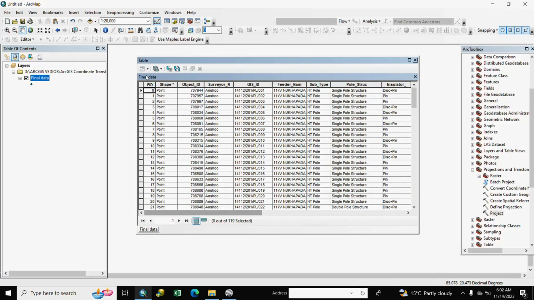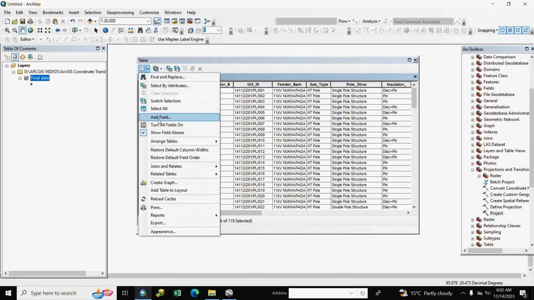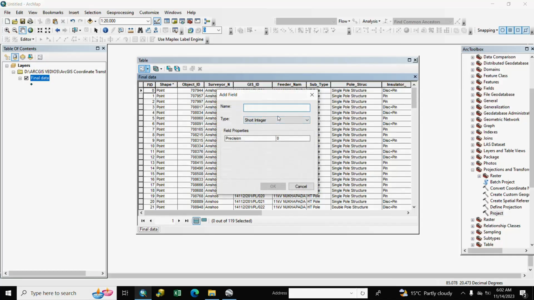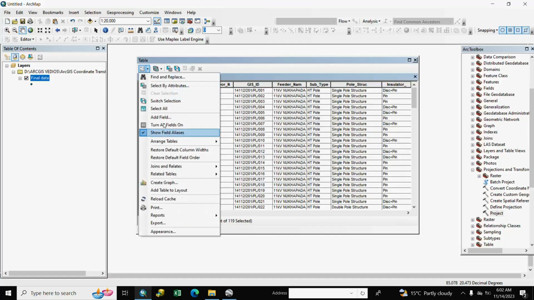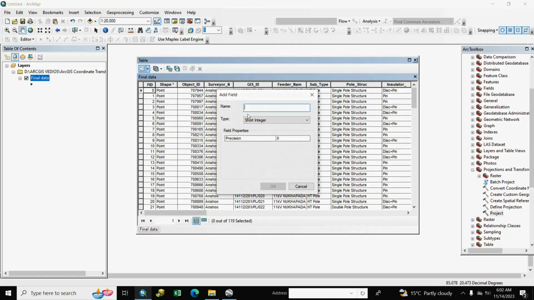If you want to calculate coordinates, add field X test and Y test and OK.